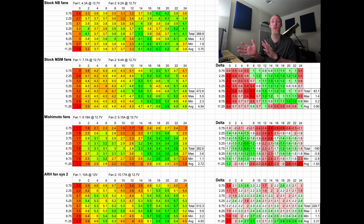On one of the fans, we were operating at 12.7 volts, 10.17 amps. The other one, it wasn't able to go above 10 amps, so it stayed at 10 amps and it pulled the voltage down to 12 volts. That being said, we were still able to get these numbers shown here. I didn't figure it was worth the effort of going through and wiring it up with a battery in parallel in order to get it up to the 12.7. It really wasn't worth that much, especially when the results still, without a doubt, are much higher. So that being said,